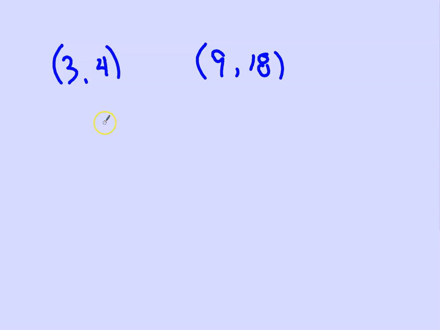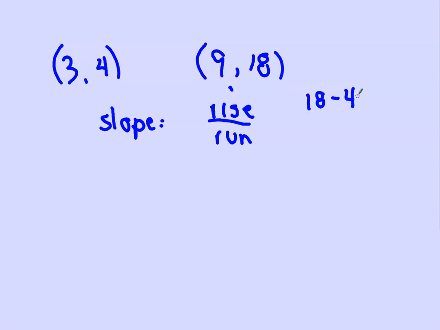Okay, first of all, I need the slope, which is the rise over the run. Okay, to get the rise, subtract the y-coordinates. I'm going to write this as 8 minus 4. That's subtracting the y-coordinates. Okay, and 9 minus 3. That's subtracting the x-coordinates. Okay, so I get 4 here,